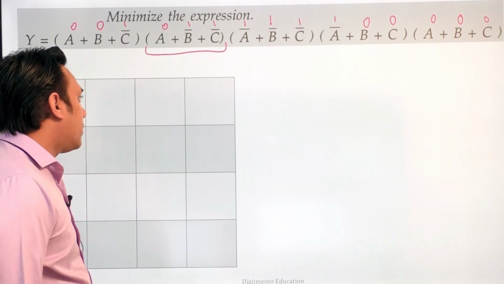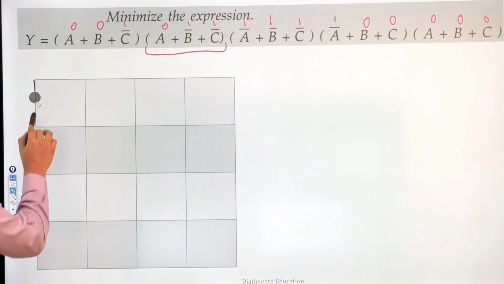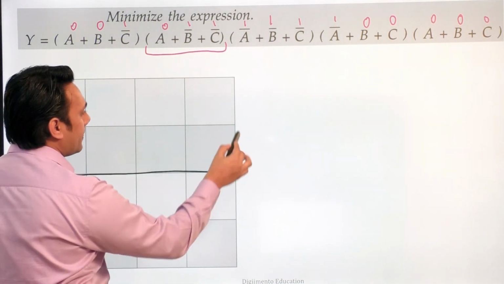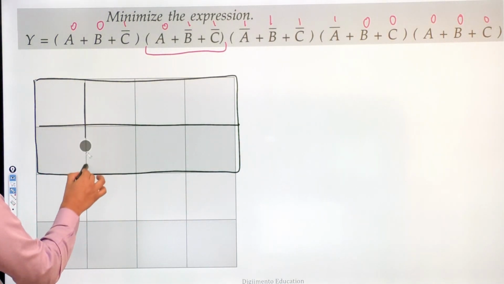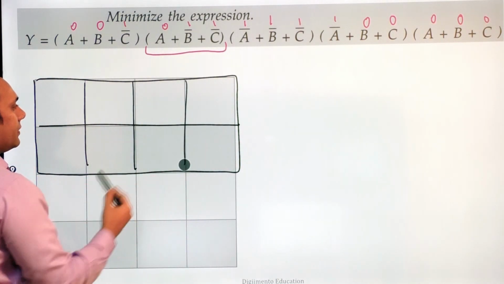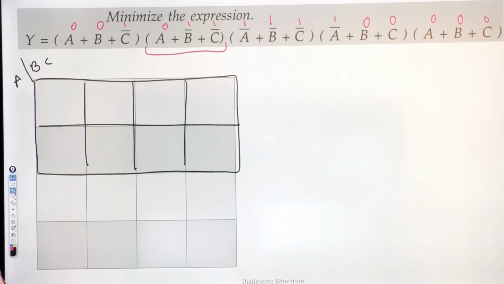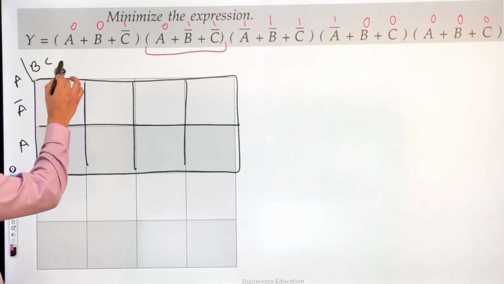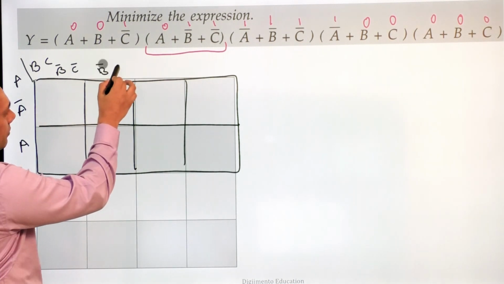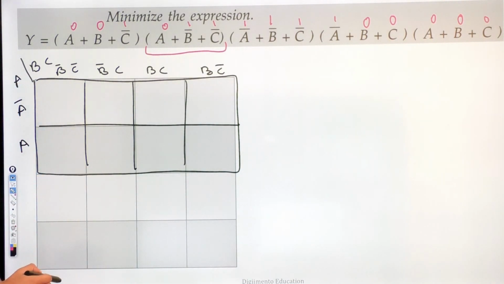Okay. So obviously I'm going to draw a 3 variable k-map here. So I'm only going to need this half part of this k-map. हमें सिर्फ इतने से part की ज़रूरत है because it is only a 3 variable k-map. Fine. And here this is representing a variable A and this is representing variables B and C, correct? So this is A complement and A, this is B complement C complement, B complement C, BC and BC complement.